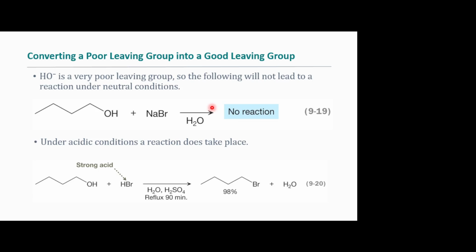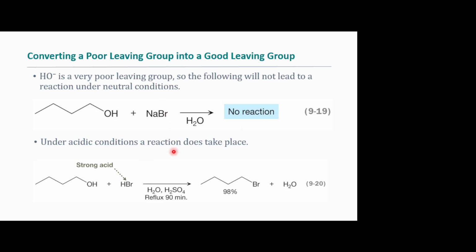Now you can convert a poor leaving group into a good leaving group. For example, OH minus was a very poor leaving group. It's unsuitable for most reactions. And so if you try doing this reaction under neutral conditions here with sodium bromide, this reaction's not going anywhere, right? We're not getting an E1. We're not getting an SN1 or SN2. We're just not getting anything. And so we sit there for weeks and nothing happens,